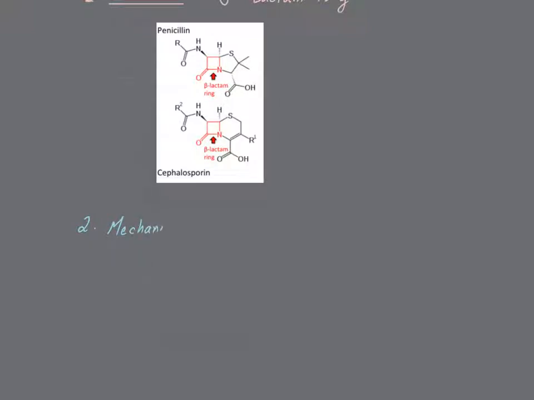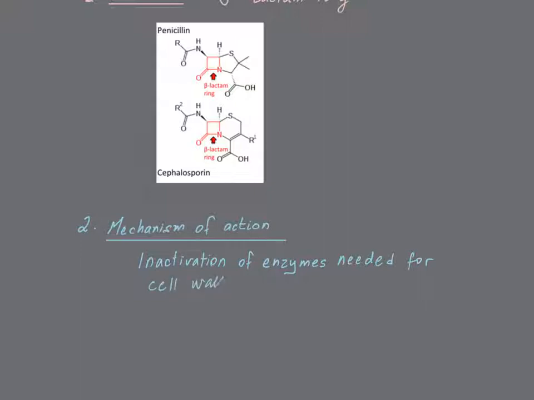So let's talk about the mechanism of action of beta-lactam antibiotics. They generally are bactericidal. They kill the targeted bacteria by inhibiting its growth. The beta-lactam antibiotic will inactivate enzymes that are essential for the cell wall synthesis, both of gram-negative and gram-positive organisms. There are several different groups of enzymes that can be inhibited by beta-lactams, and in general these enzymes are called penicillin binding proteins, also called